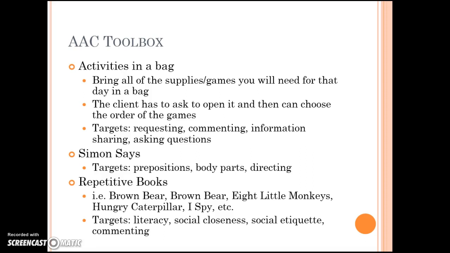And then you need to teach your client the vocabulary that they need, whether they're using a high-tech device or a mid-tech device or sign language or whatever they may be using. Give them the vocabulary that they need to open the bag. Have them say, I want to see, or open please, or any of those kind of vocabulary words that are appropriate. And then once they ask you to open it, you open the bag, pull out all of the toys,